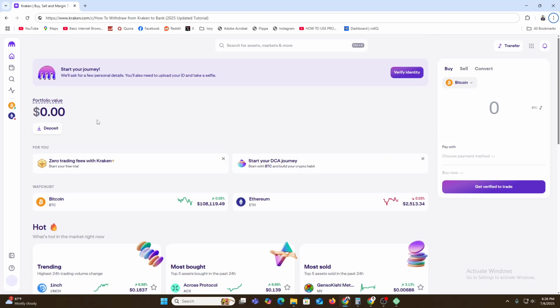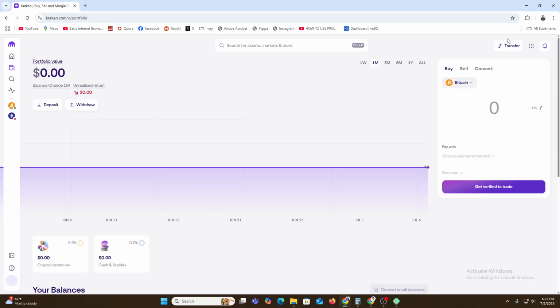So here you can see this is kraken.com, and if you want to withdraw any payment from that place, you just need to follow these simple steps. Here you just need to come over to this place and click here, and once you're done, you need to verify yourself, and then you will find the option called portfolio. Just click here and then click on transfer, and here you need to